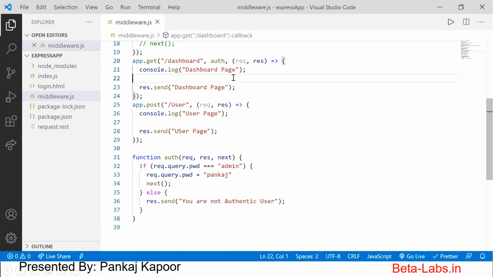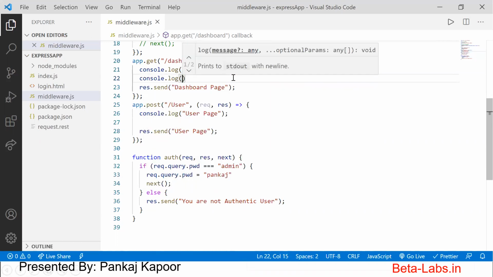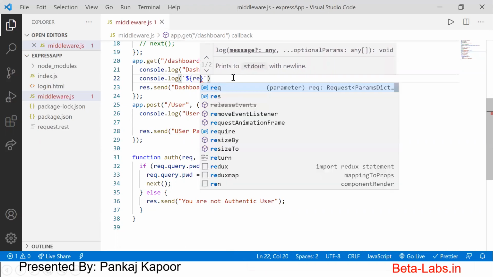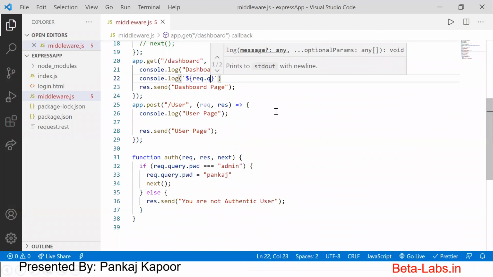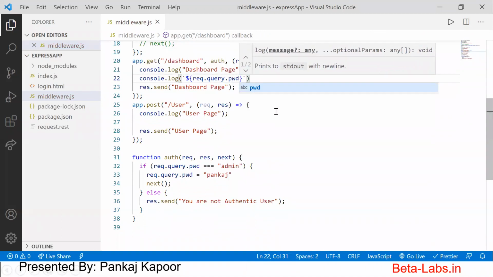Suppose in the dashboard I'm doing a console.log to access this value. I'm using the backtick and the template variable dollar, and I'm trying request.query.pwd. So what will be the value available there?